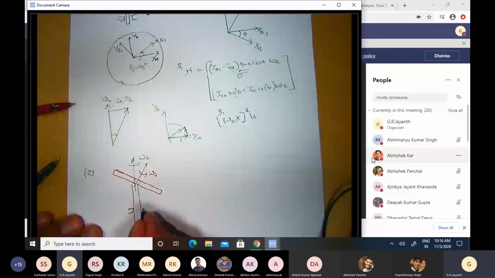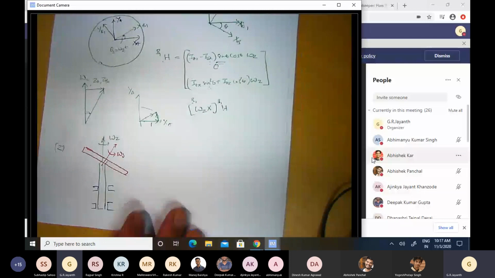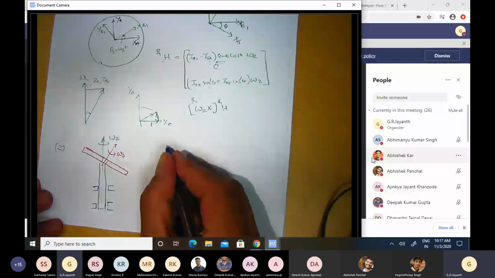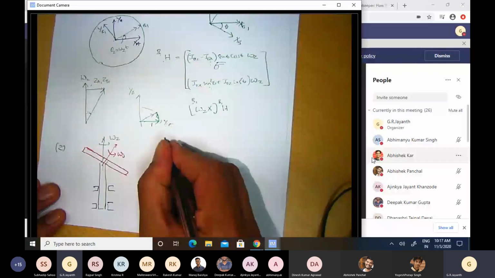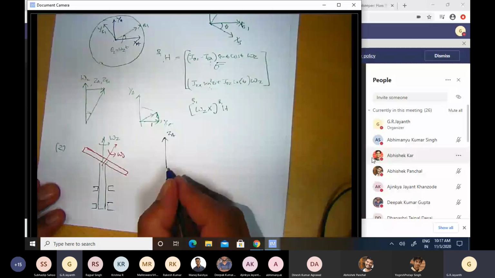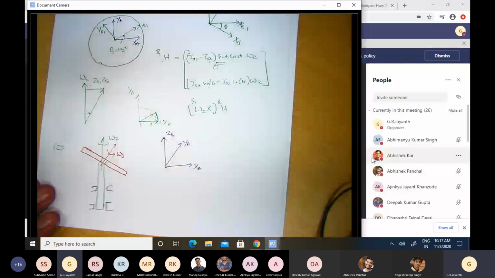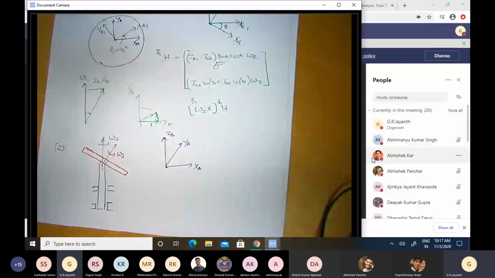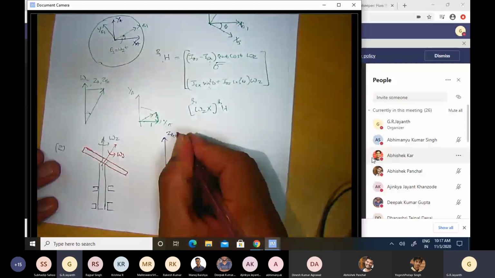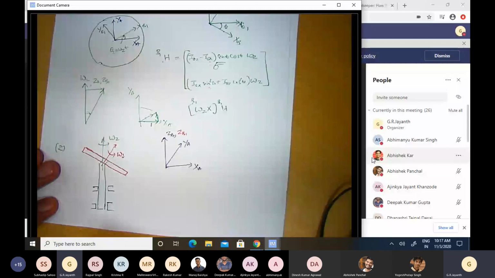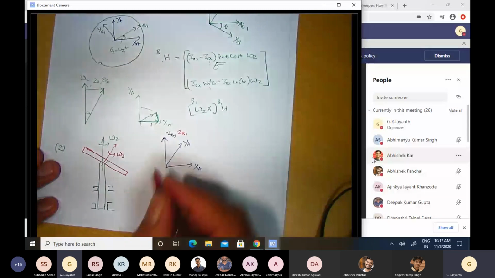This was the problem. Here we first went about defining our coordinate systems. The first coordinate system was the A frame, whose z-axis was aligned with the z-axis of the shaft, with the x-axis this way and the y-axis this way. The B1 frame had its z-axis again aligned with the z-axis of the A frame, but its x-axis kept changing its pointing direction with respect to the A frame.